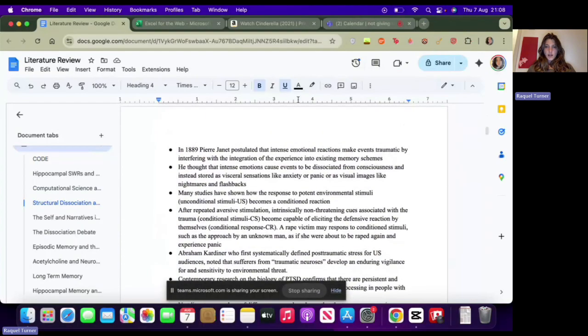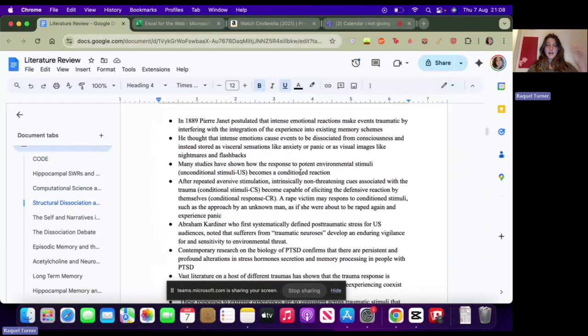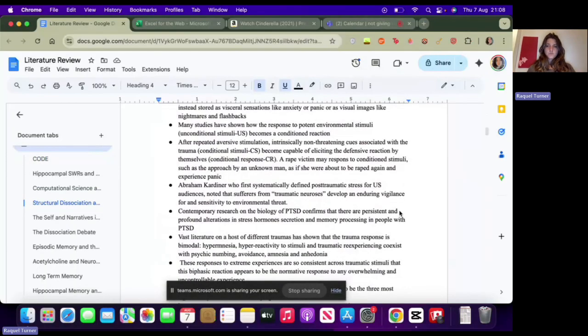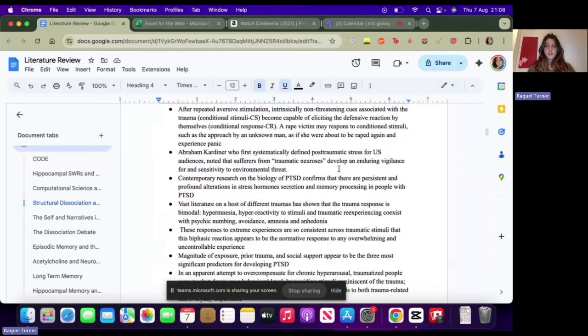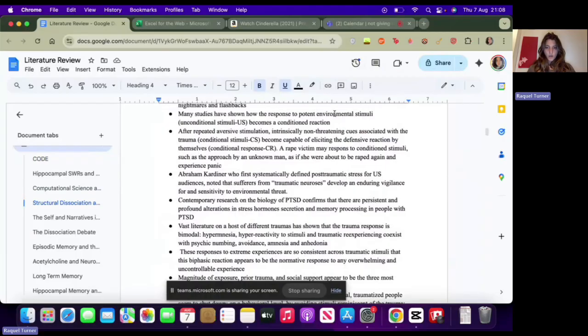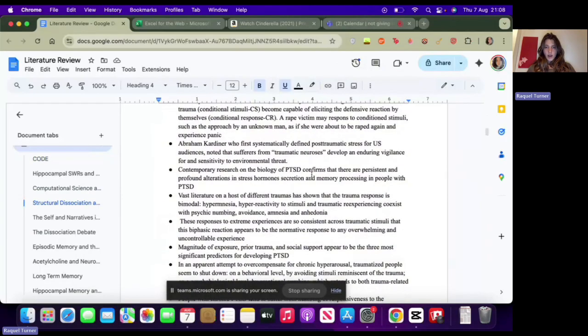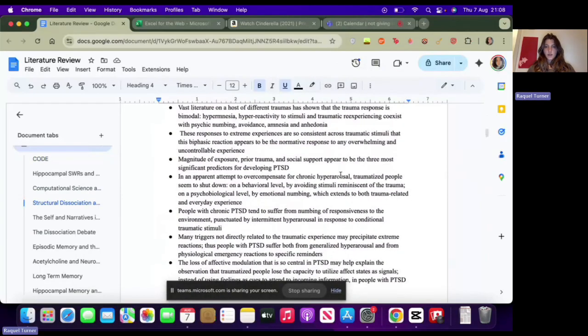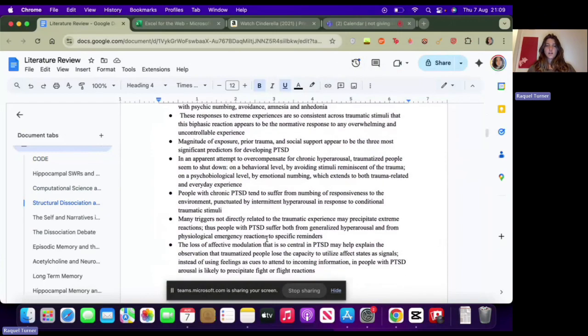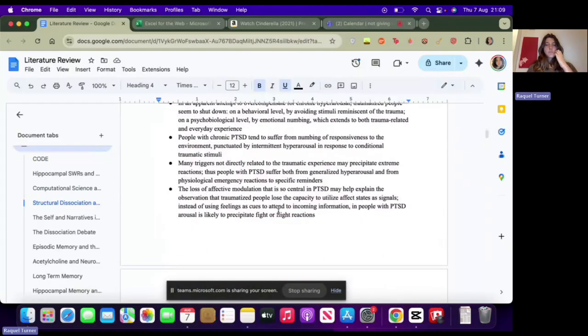But after I started to put it in, it brought me back and I started to see more things that I could put in my intro or more connections, because this whole thing is talking about arousal as well and how it creates the experience of trauma. So the second time through it actually became more relevant for me when I read it again. So it's a good process for me to look over the text again.